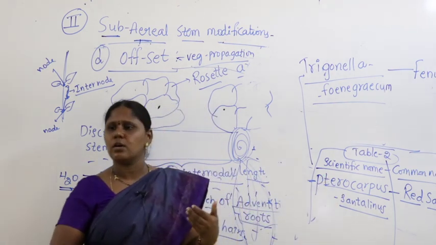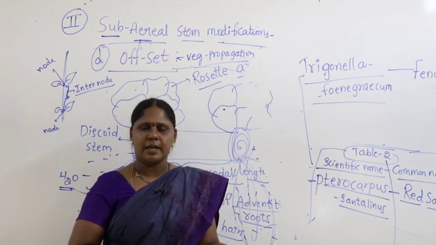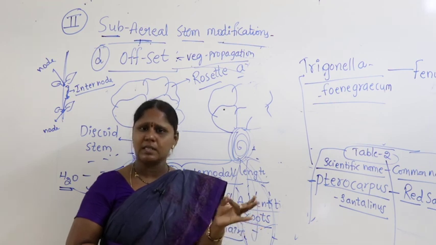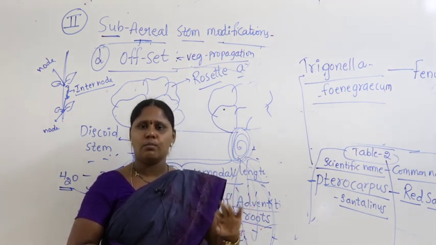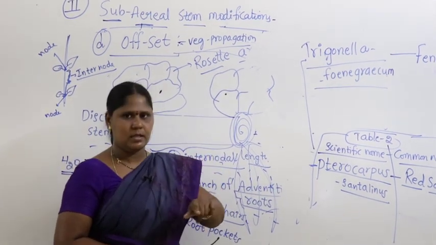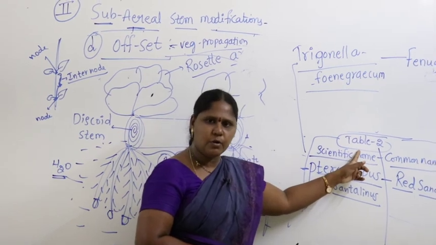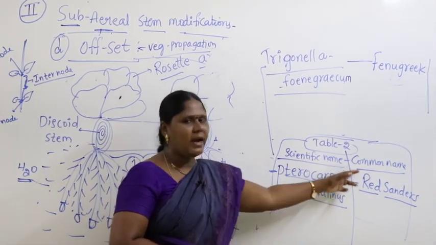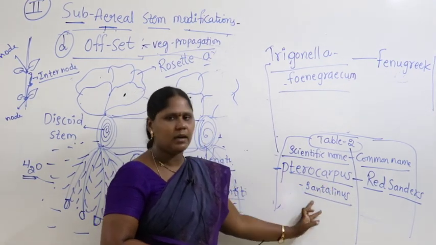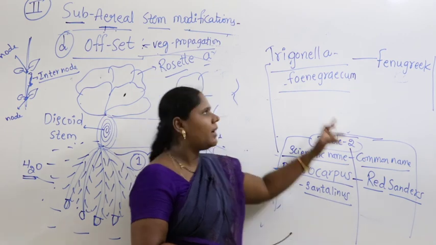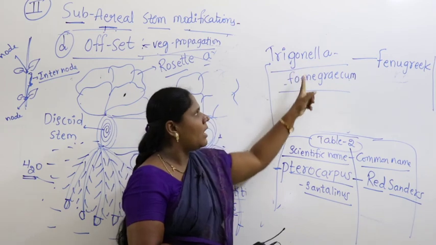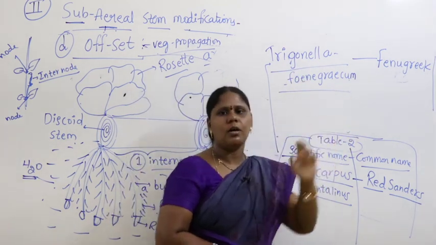For scientist name and discovery, in the last class we studied: Nehemiah Grew is for plant tissues, Marcello Malpighi is for animal tissues, both for anatomy. That is scientist name and discovery, from last class. This is table number 2. In table number 2 what are we writing? Scientific name and common name. So let us take 2 scientific names. I repeat again, Pterocarpus santallinus, commonly called red sanders, and similarly Trigonella phenygrichum. Listen carefully, Trigonella phenygrichum. It's commonly called fenugreek.